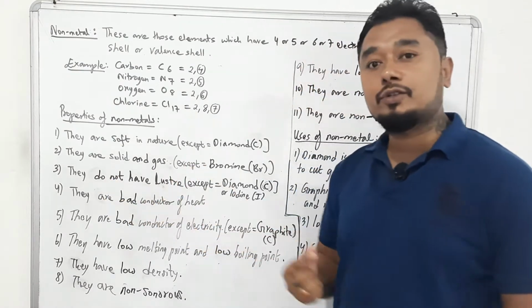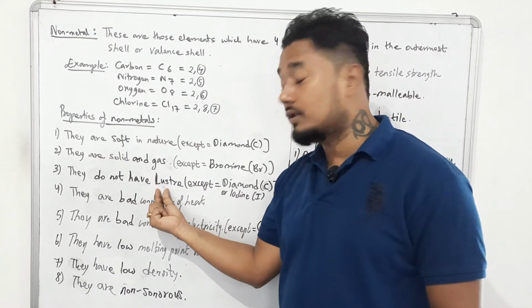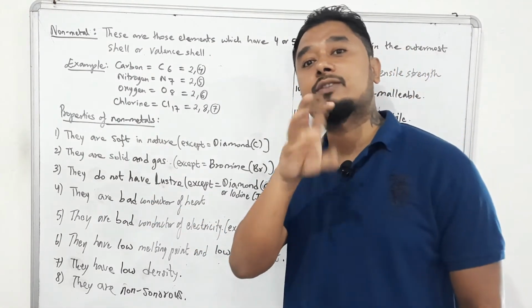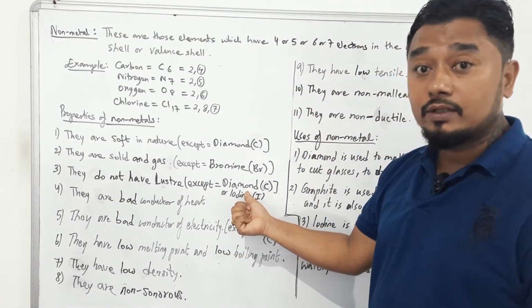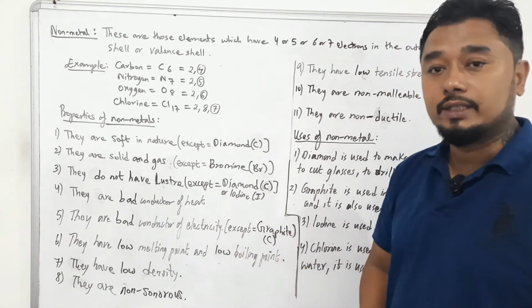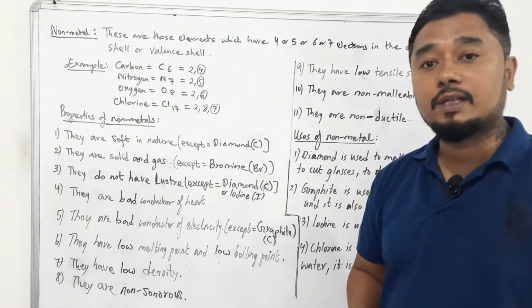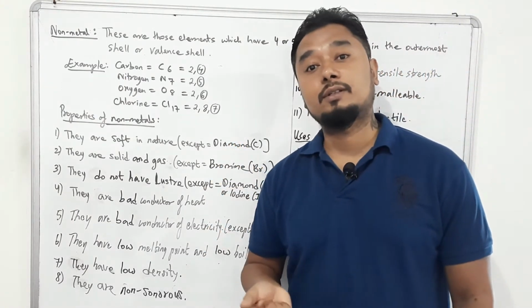Metals, they have luster. Non-metals, they do not have luster. But there are 2 non-metals which have luster, meaning a shining surface. One, no doubt, the one who has luster is what? Diamond. It evolved from carbon, therefore the symbol is C. The other one is iodine. Symbol is capital I. Okay? Iodine, symbol is capital I. And these are the 2 non-metals which, though they are non-metals, have luster.